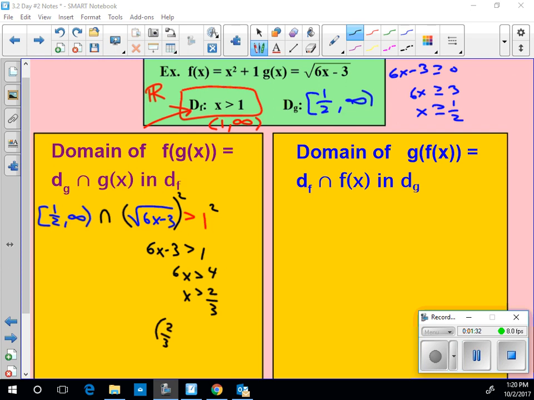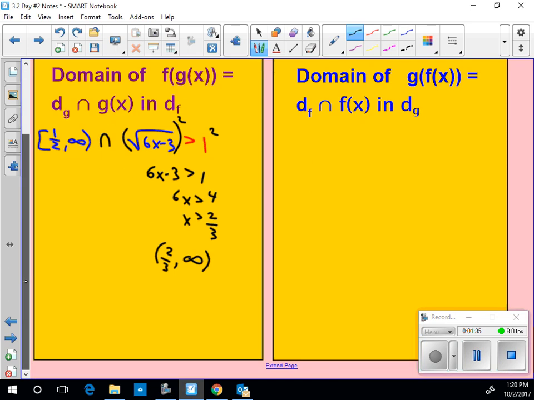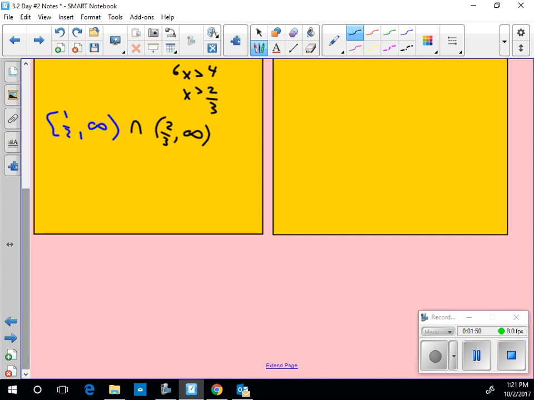So I see that I'm going to overlap these two intervals, from 1/2 to infinity and 2/3 to infinity. Is there going to be a hole in this domain? I'm overlapping these two. Will there be a hole in this? Will there be a gap? No. What's the more restrictive of the two domains? Yeah, 2/3 to infinity. So if I were to overlap these on a number line, I'd have from 1/2